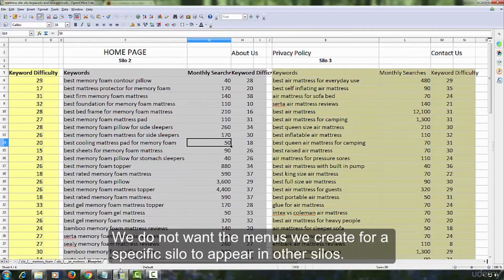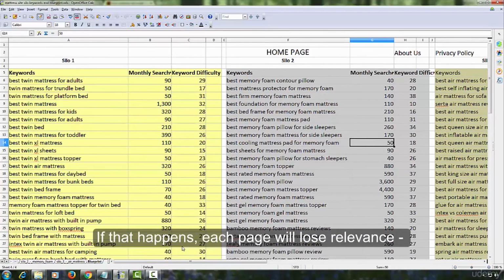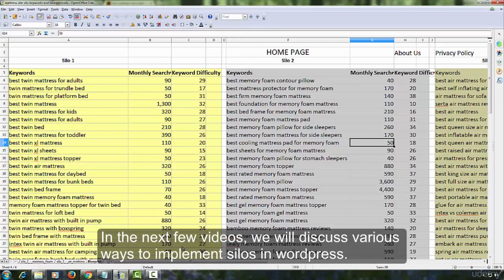We do not want the menus we create for a specific silo to appear in other silos. If that happens, each page will lose relevance because they would be linking to pages that are not very relevant. In the next few videos, we will discuss various ways to implement silos in WordPress.